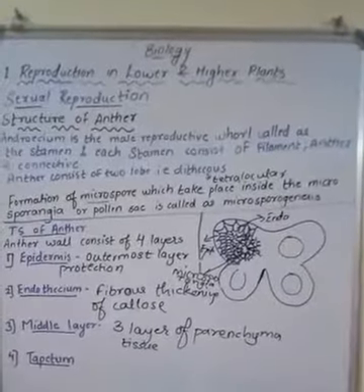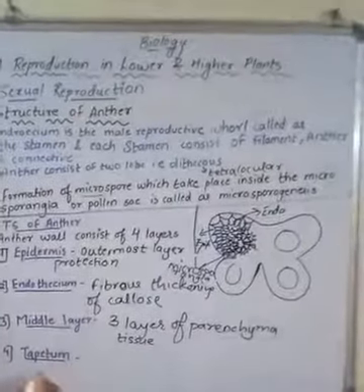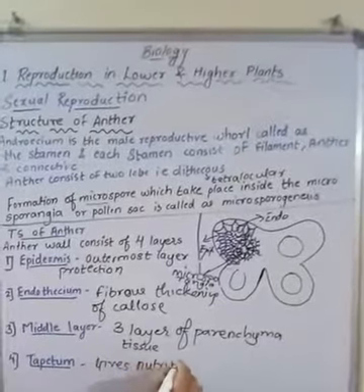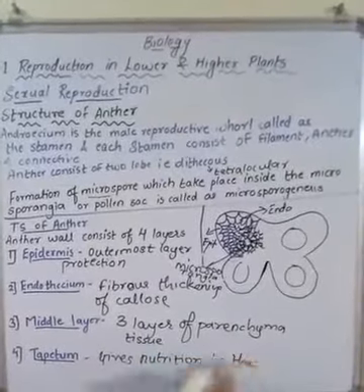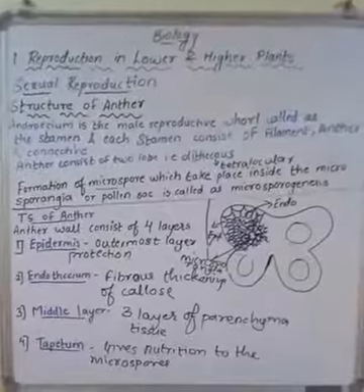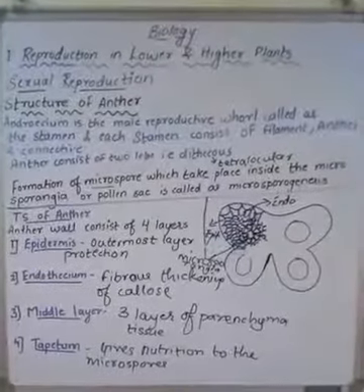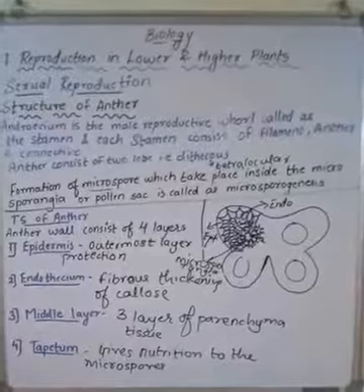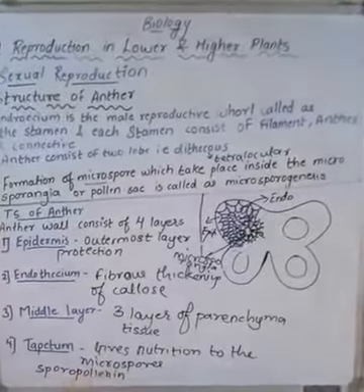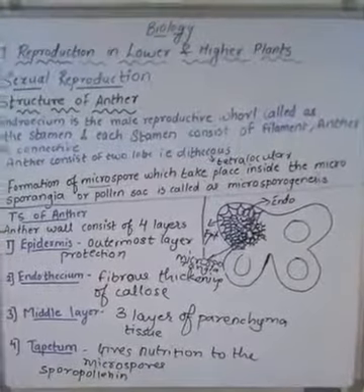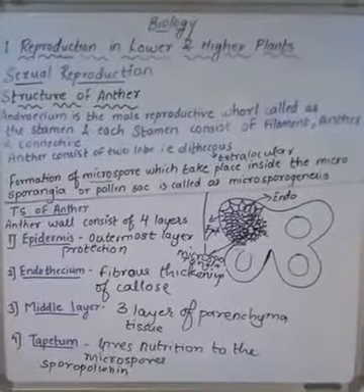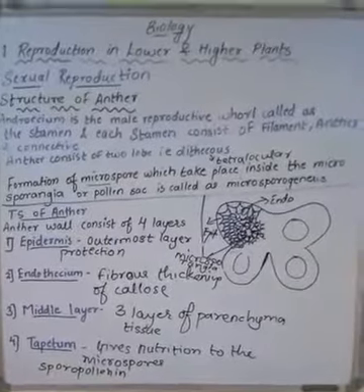First we will write over here: tapetum gives the nutrition to the microspores, and it gives each and every microspore a protective covering, that is called the sporopollenin. Means, for example, if any animal consumes it, the covering is so hard that it will not get affected by any enzyme or any chemical reaction.